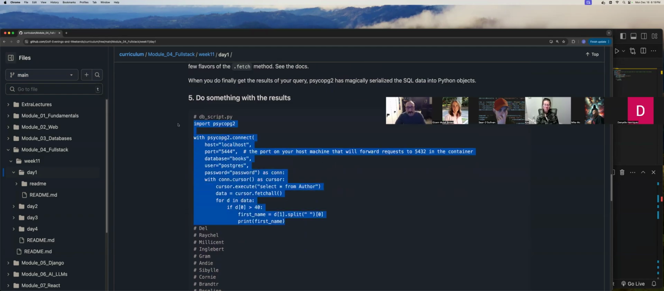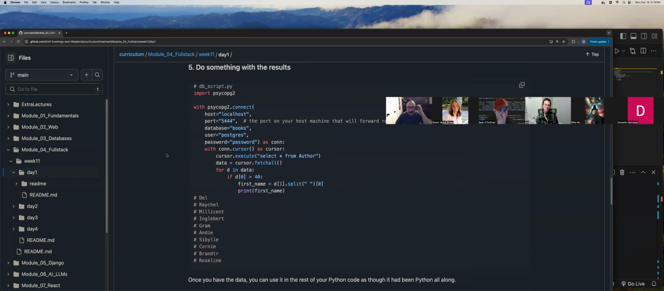As we looked at, we showed off we could use a little bit of Python to kind of work with this stuff. So if we want to do something with the results,